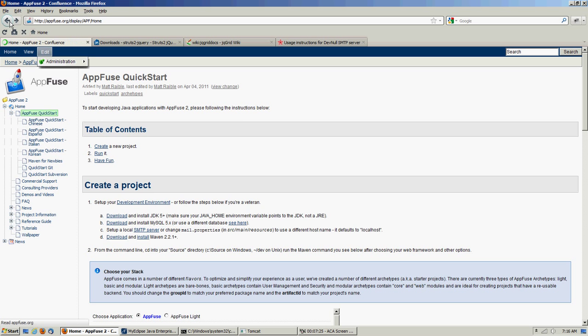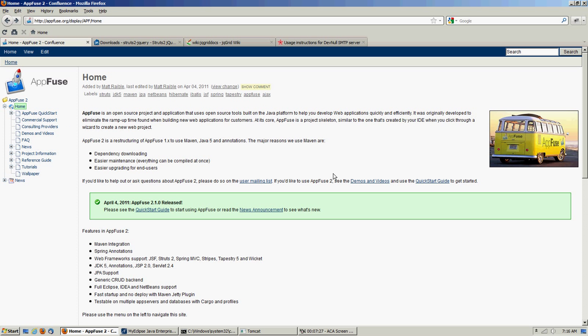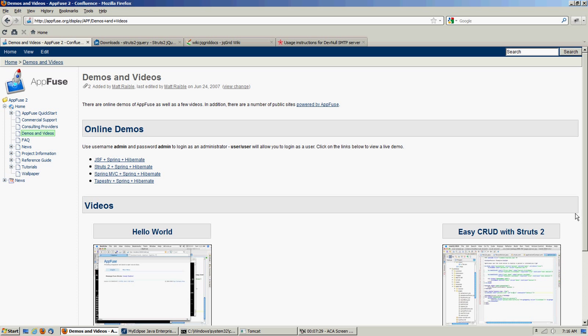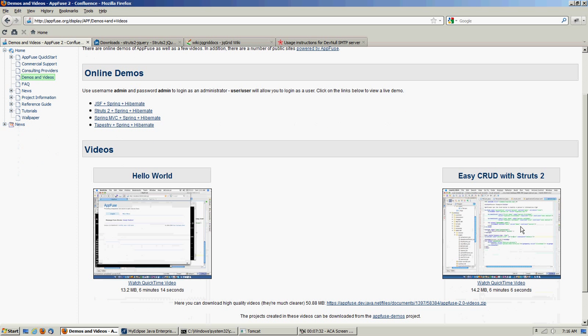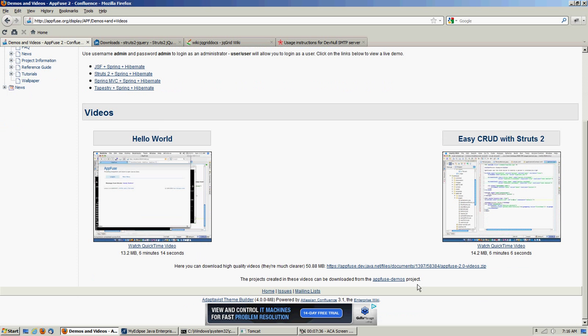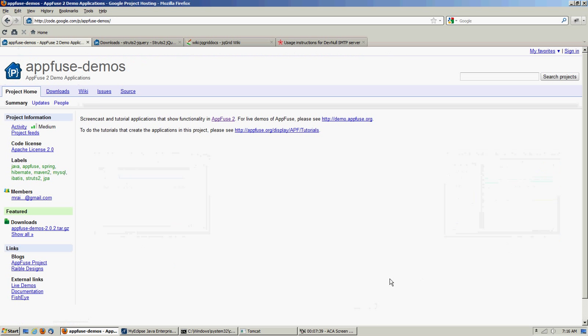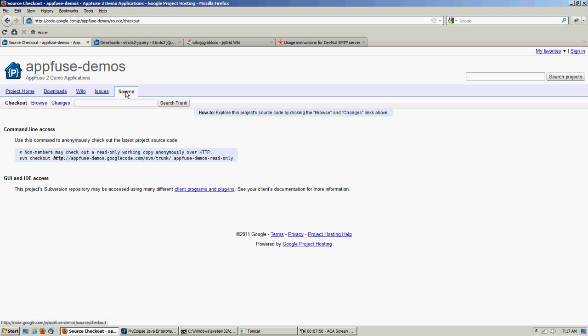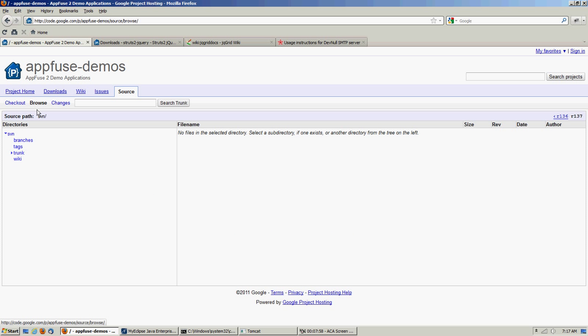One of the other things here is demos and videos. There's an example video on building a simple CRUD app using Struts2, Hibernate and Spring. The other thing too is that all the source code for the demos are here. It's been a while. Let's see. Nope, it's over here, source. Okay, so you can browse the source tree, and the demo that I used here